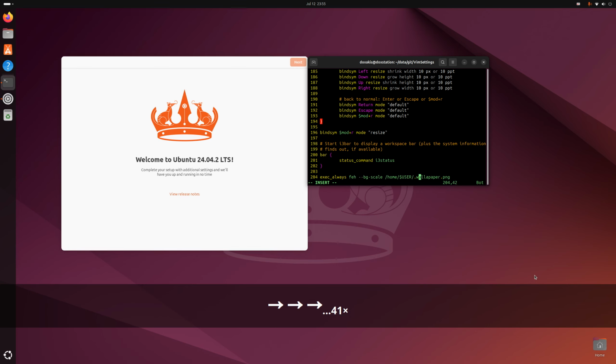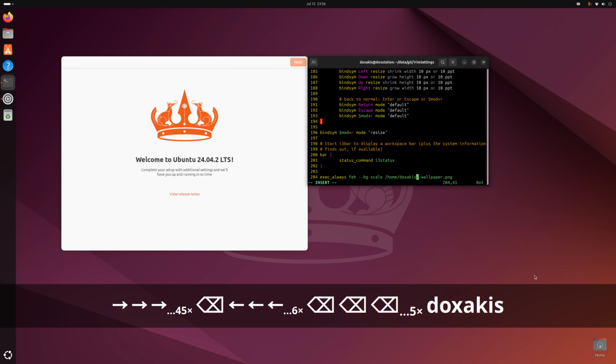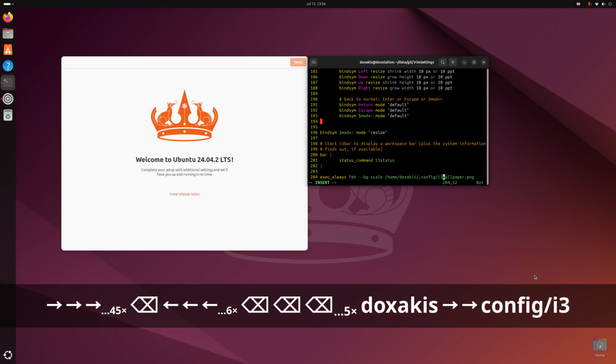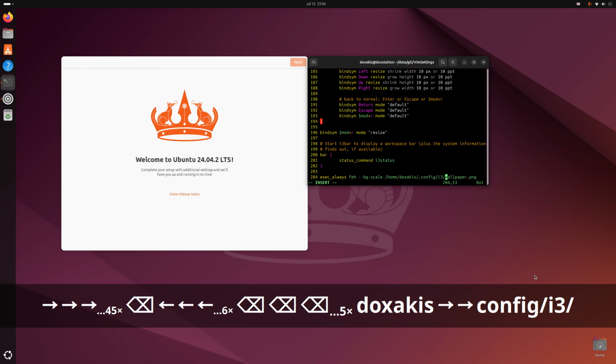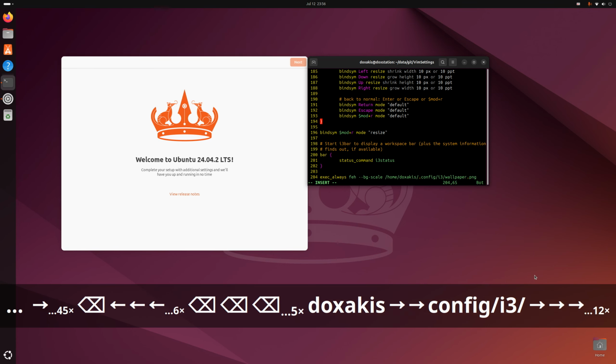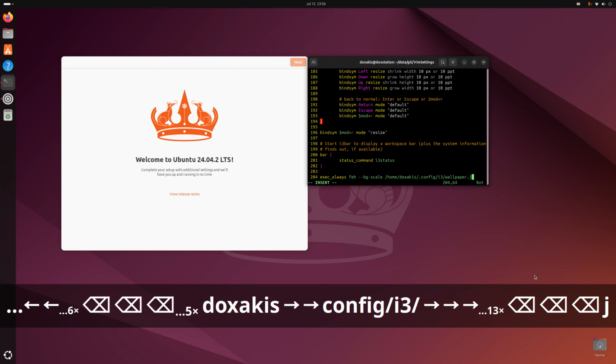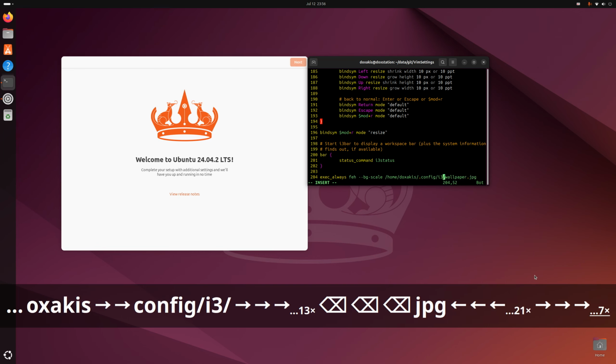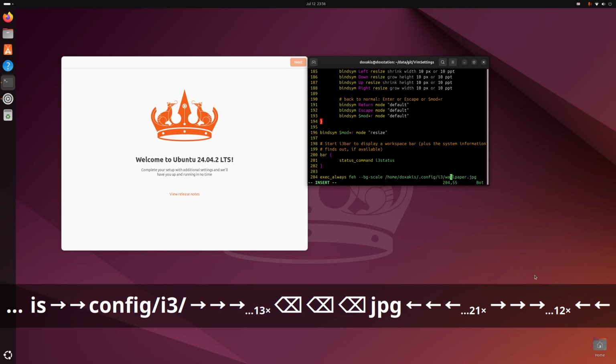This is basically where my wallpaper is, within my own i3 config and wallpaper, and actually it's not PNG anymore, it's JPEG, so I should probably change that too. But basically, this is just a wallpaper that I want to use